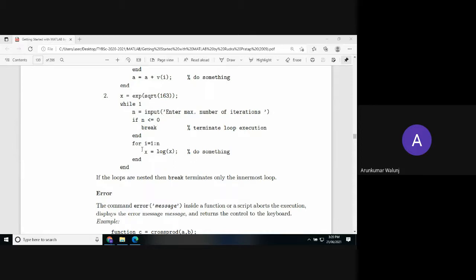So it is invalid. So this is the end of this. But another for loop is there after the while. This is the end for this while and here. So in